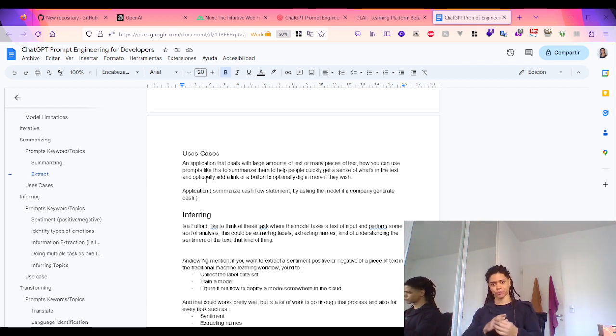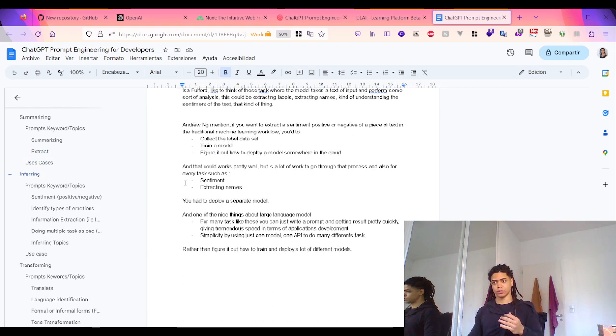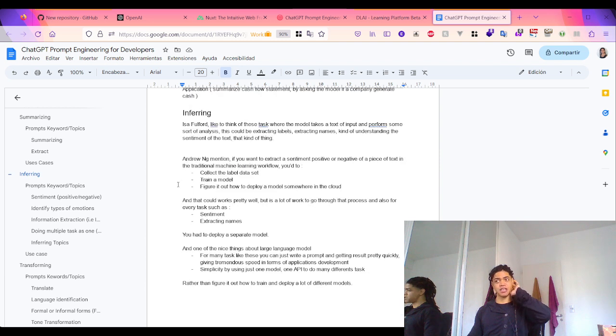The other is inferring. This is to explain what inferring can do: topic extraction, information extraction, sentiment analysis, as well as doing multiple tasks. Because with this model, in the development of a machine learning workflow, if you want a particular task, let's say extracting names or identifying the sentiment of a text, if you want to do that,